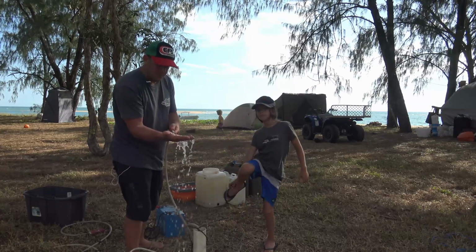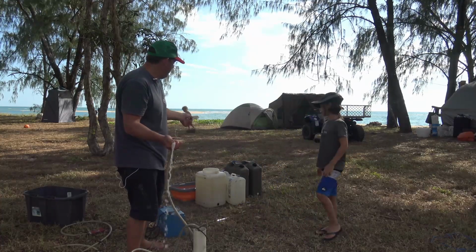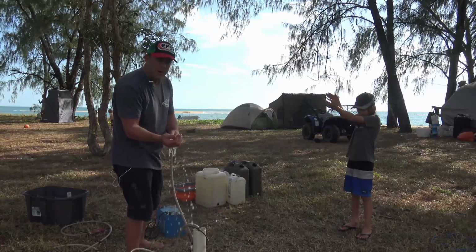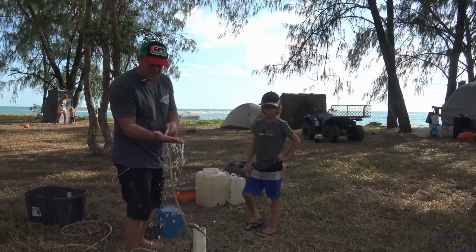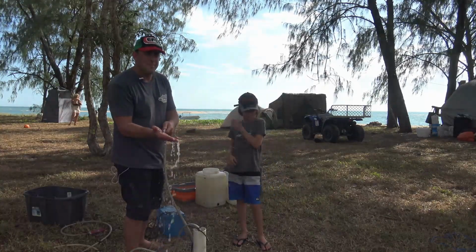pump out more. So we've filled up all of our tubs here. We've got there 20, 40, 60, 80. We've got about 90 litres over there already just to get us through the next day. So as the day goes on, it's going to get clearer and we've got water while we're here at camp. We finished